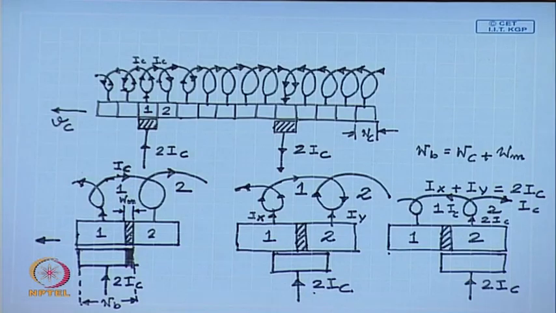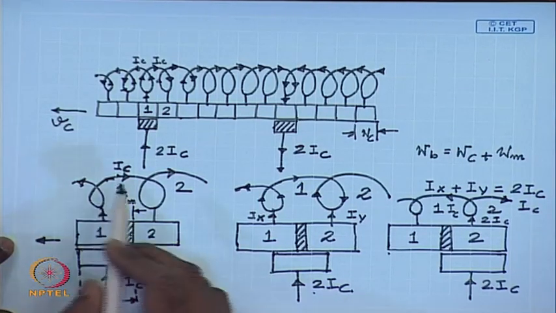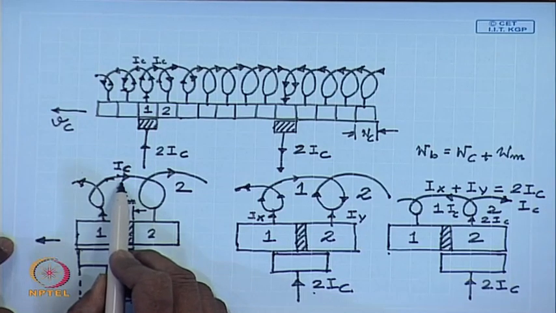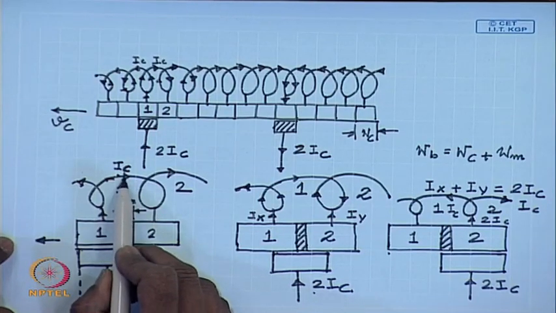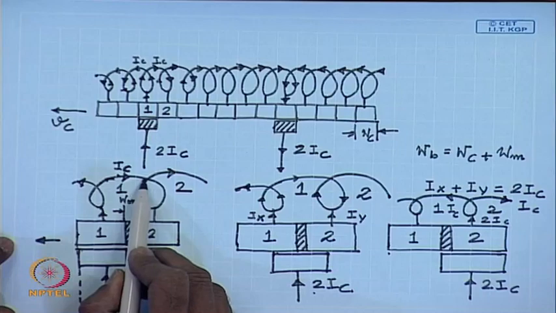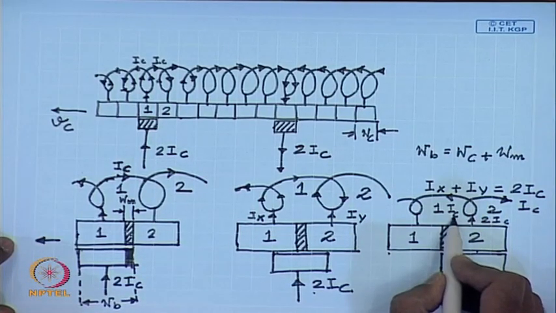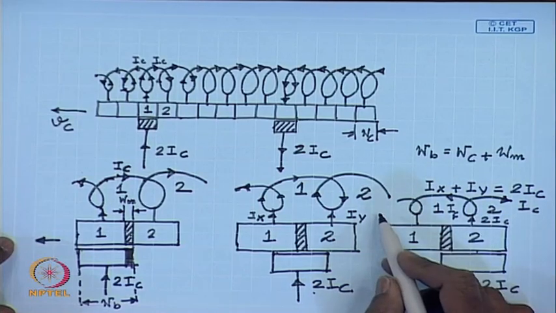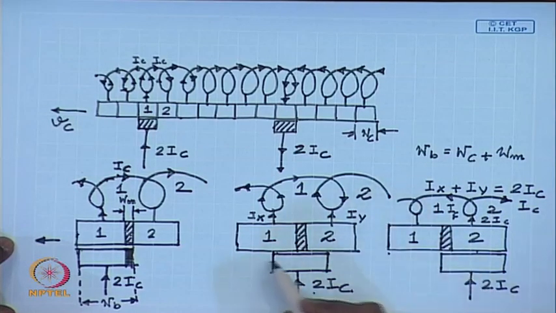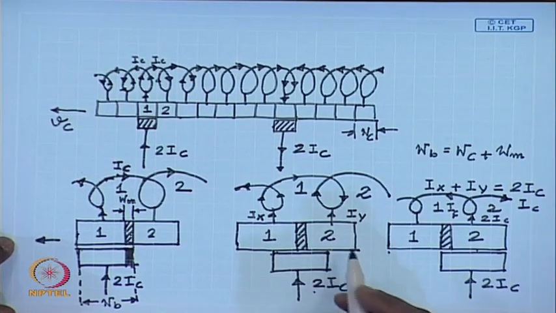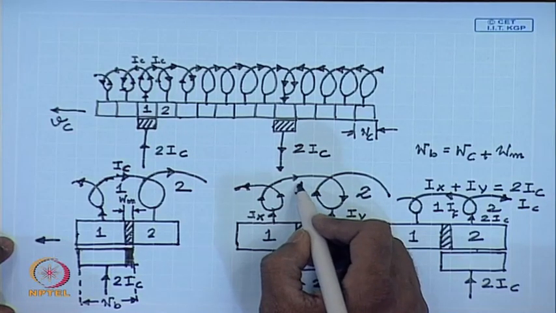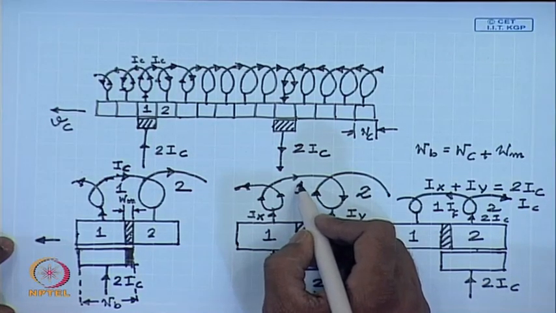So, if we look at coil 1 current, in the beginning of the commutation it was IC flowing from left to right, at the end of commutation it still becomes IC, but from right to left. So, during the shorting period the current in coil 1 changes from plus IC to